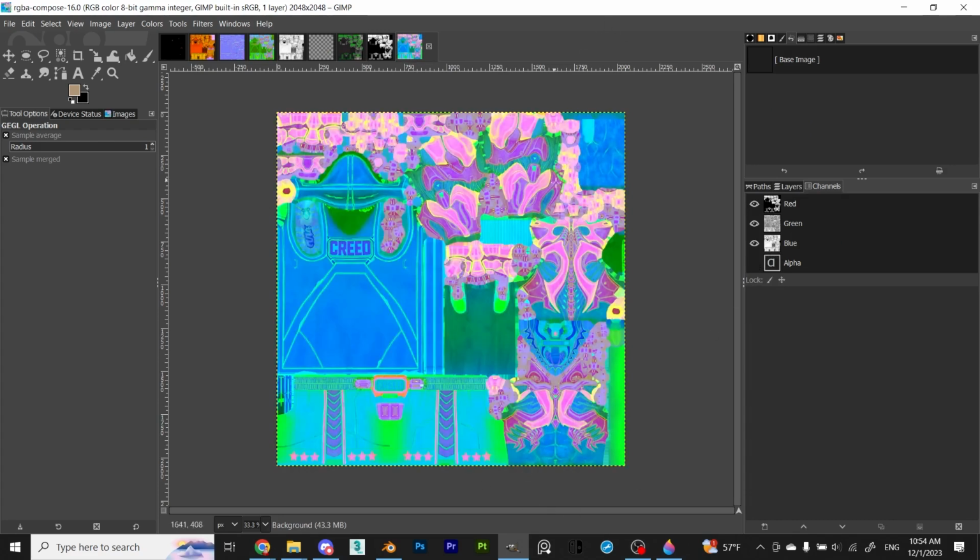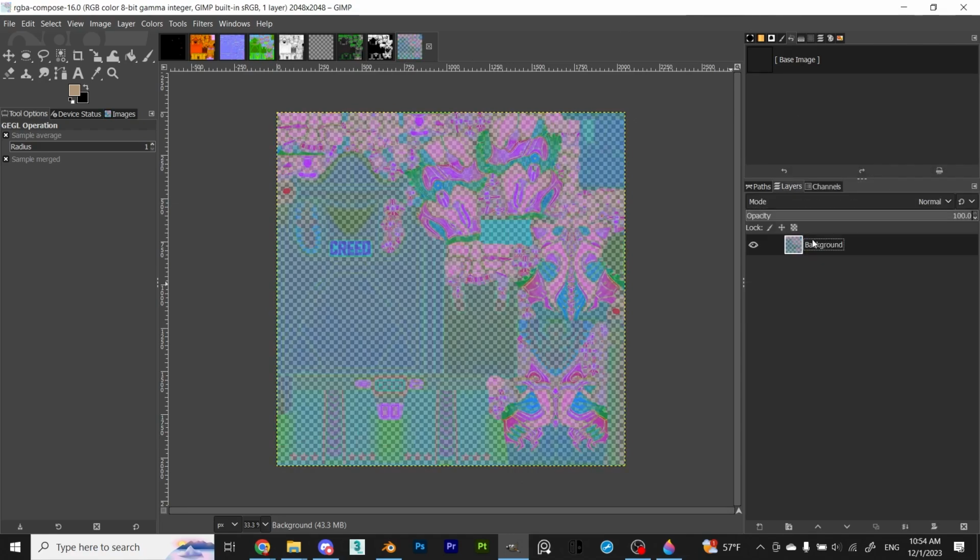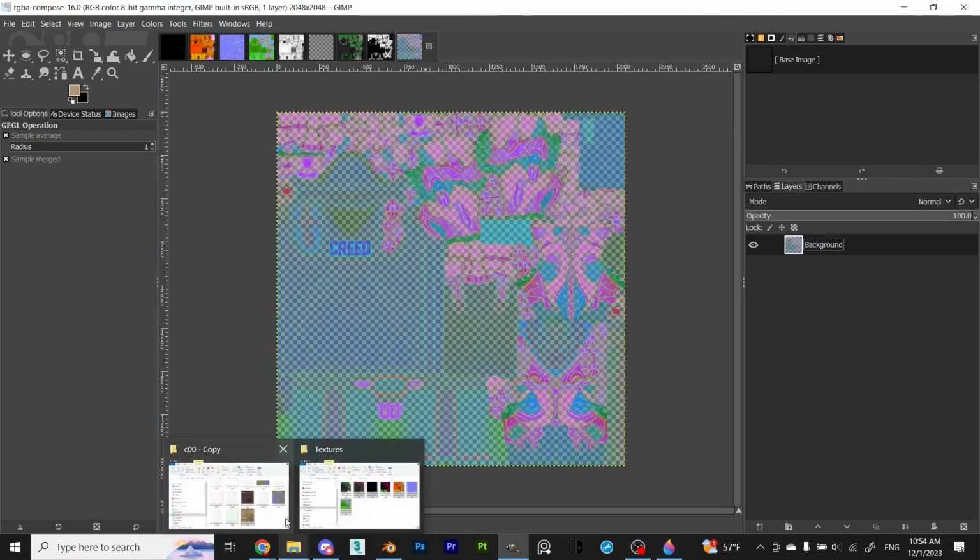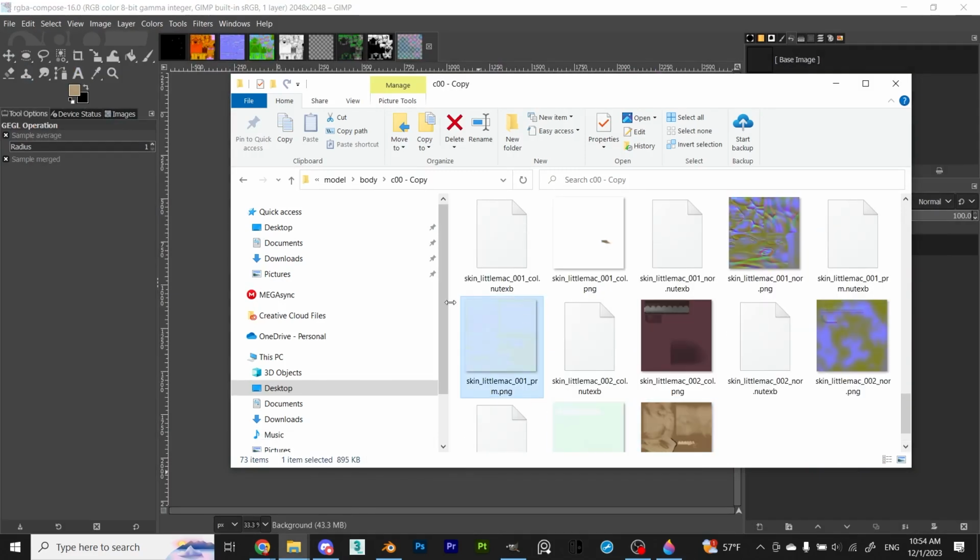Now, since the skin is also in this texture, you will need to match the current area of skin to the same values of Little Mac's skin PRM texture.